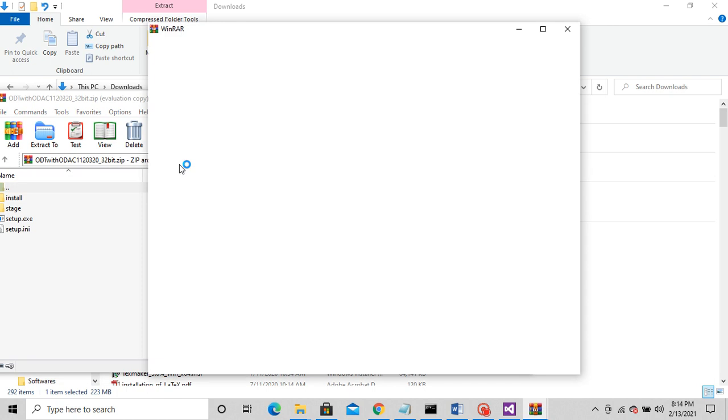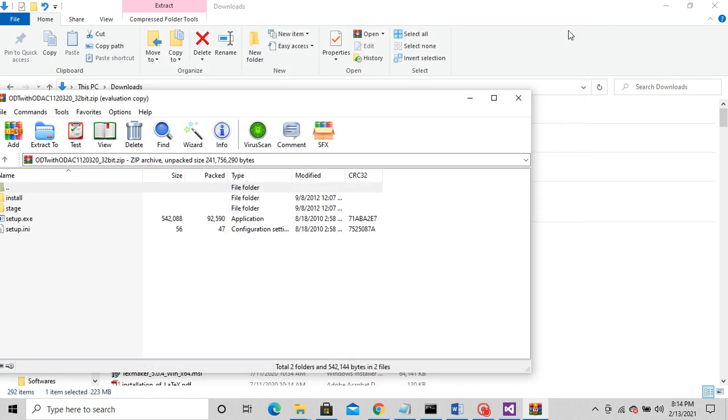If you unzip that particular zip folder, you will get a setup.exe here. Can you all see here? That is the third one. So in this setup.exe, just double click on that and click on next, next, next. It's very easy to install.